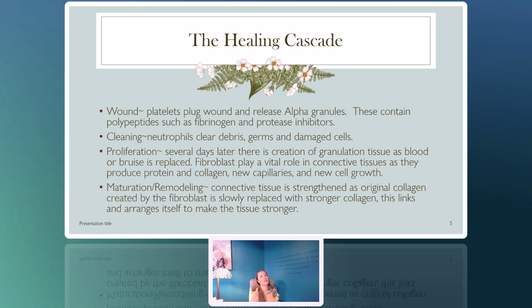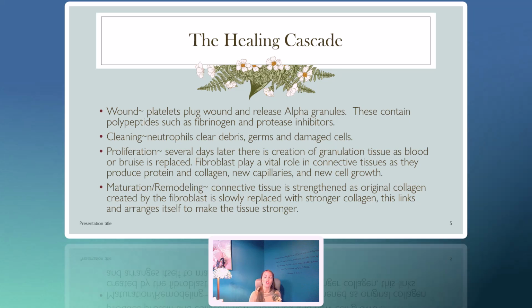So let's say that you went out walking in the woods and you got a cut along your leg. So with this wound, what the body is designed to do is the platelets are going to go and plug the wound. They're going to release those alpha granules. These are going to contain those polypeptides such as fibrinogen and protease inhibitors that tell the body, hey, we've got a problem. Now what's going to happen are the neutrophils are going to come in, and what they're going to